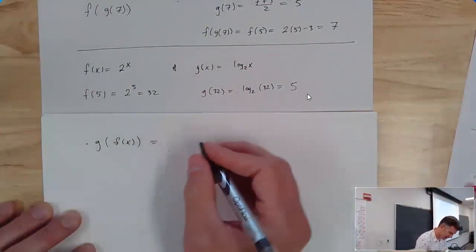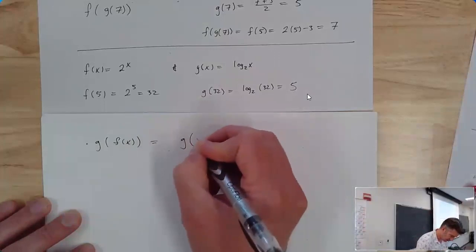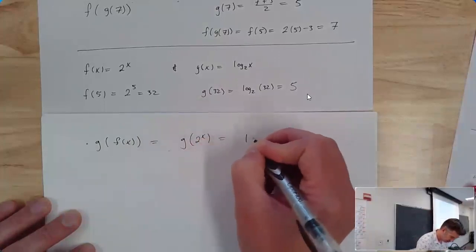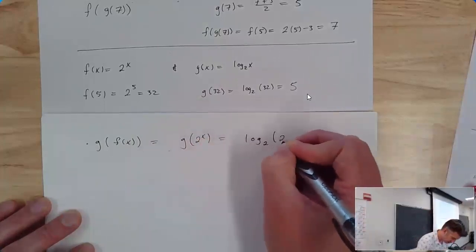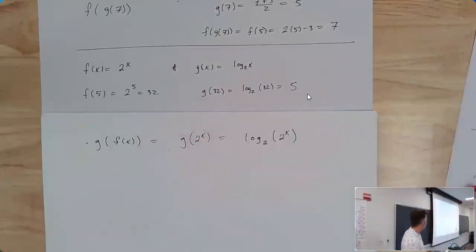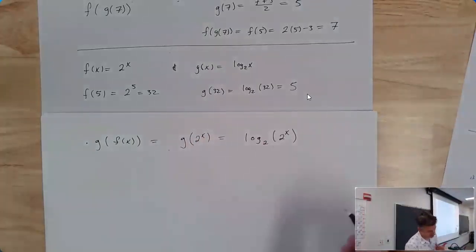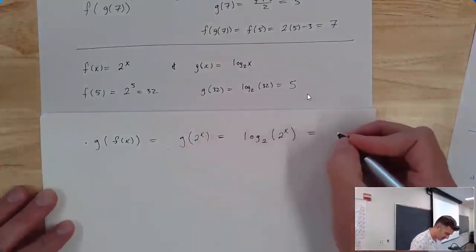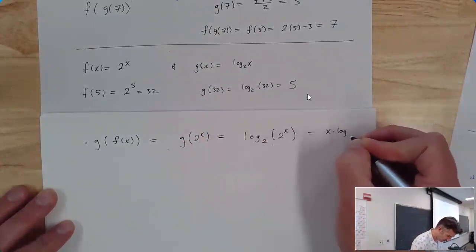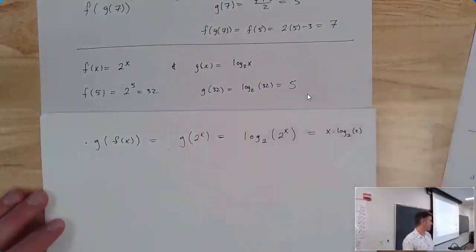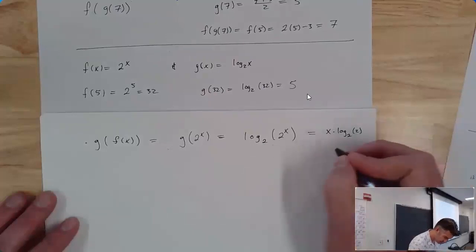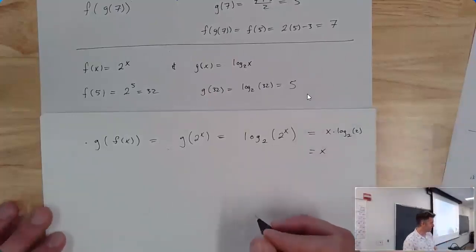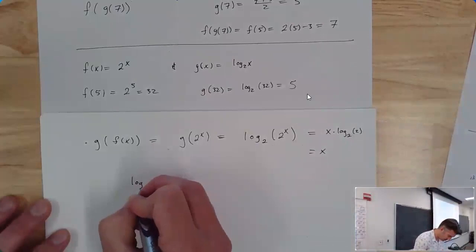So to find g of f of x, I have g of 2 to the x, which is log base 2 of 2 to the x. So here's what this says. You can use a log rule here, right? One less, not what I really want way, is to say, oh, the x can come down. You've got log base 2 of 2, and log base 2 of 2 is just 1, so x times 1 is just x. But the other way you could read this, if you want to be more wordy about it,